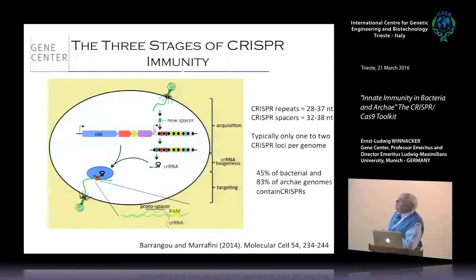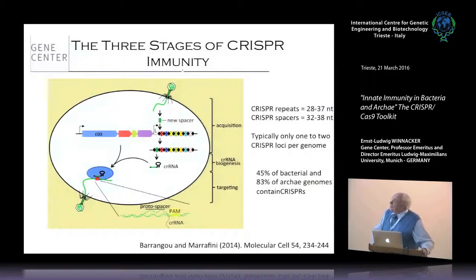And so what happens is, the new spacer is coming in here, and you see it now in green. What you see already, and this is the crucial business, is that this operon is transcribed into RNA, the so-called CRISPR-RNA. The CRISPR-RNA, as we will see, is not just this short piece of RNA. Here you see the size of these repeats. But it's made as a precursor. We will come to that in a second.